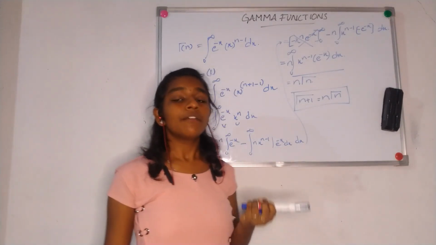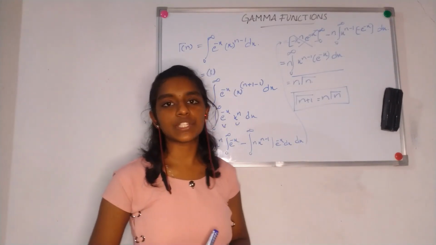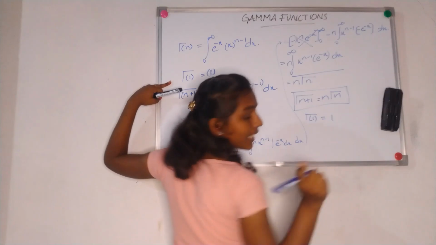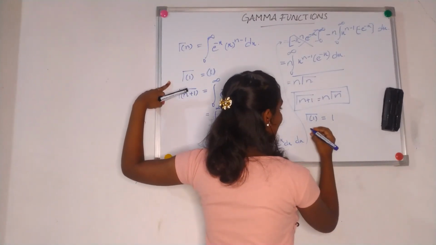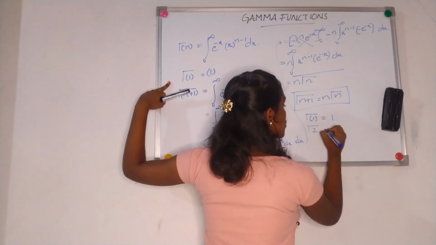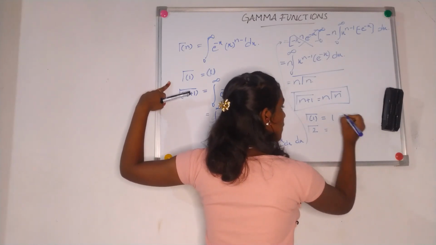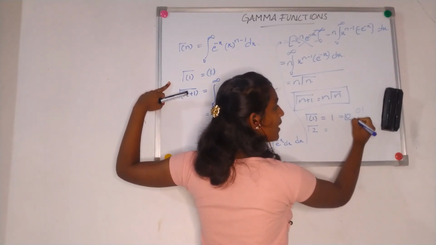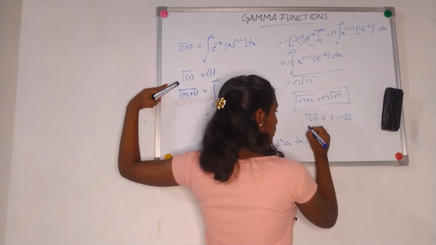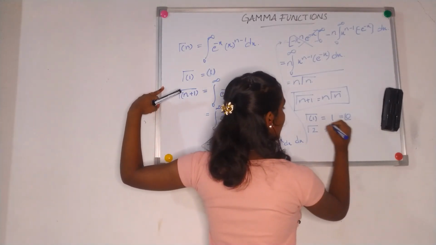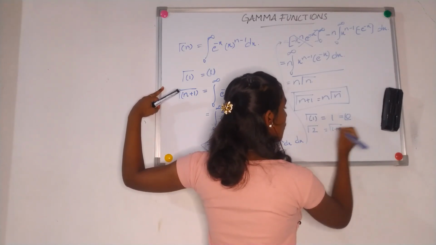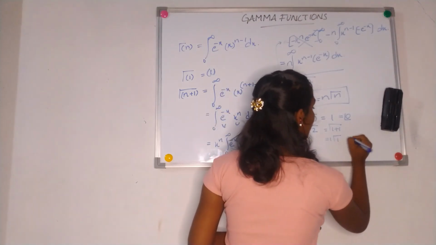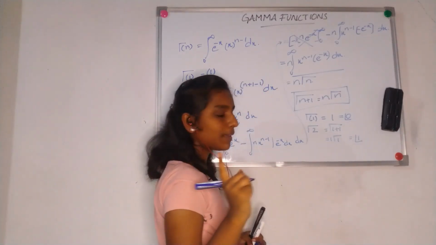So using this now, we are going to find out all the gamma relations. Now how are we going to do this? At first you have gamma of 1 is equals to 1, right? Remember that? And now moving on to gamma of 2, I can write gamma of 2 as gamma of 1 plus 1. So what will happen to this? 1 into gamma of 1, so that will give me 1 factorial.